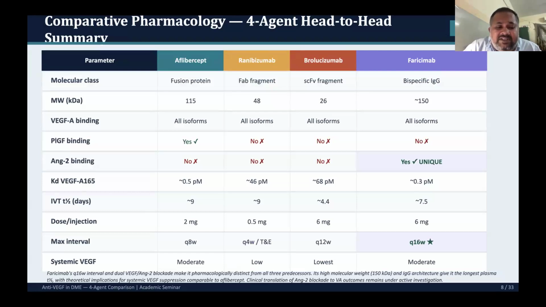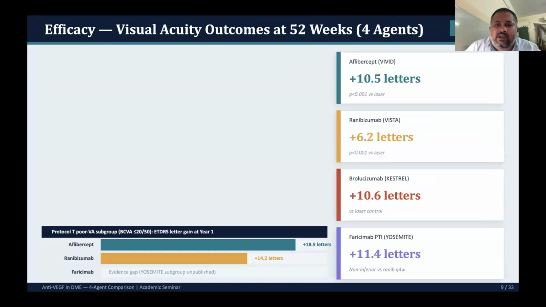For aflibercept, the systemic VEGF level is relatively moderate. For ranibizumab, it's low. For brolucizumab, it's the lowest, and again for faricimab, it's moderate. This will come into significance later. So in terms of efficacy, when we're looking at what we could achieve at the end of 1 year,